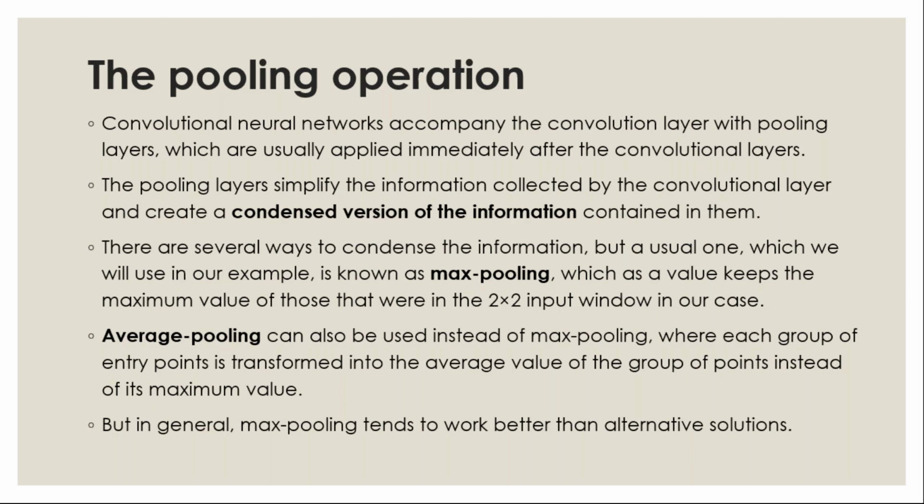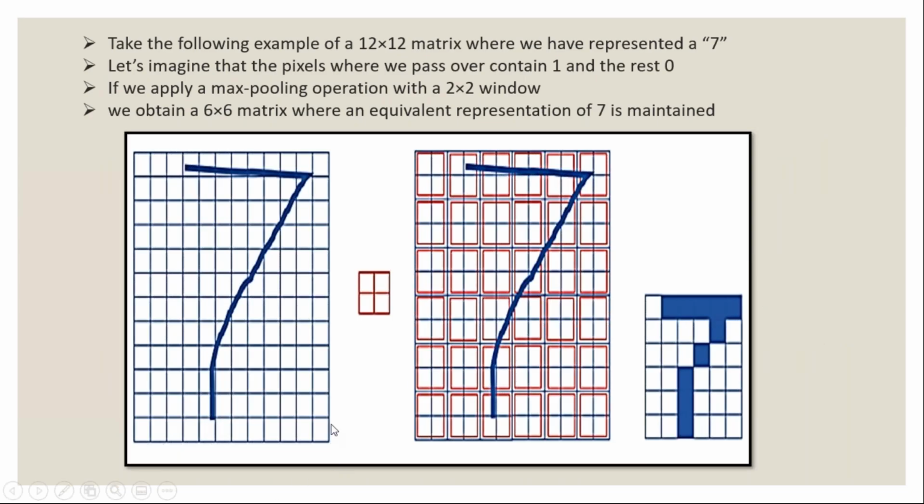How am I going to reduce the size? You have different kinds of pooling: max pooling, average pooling. Mostly you use max pooling. Now I'll give you an example. See here, after convolution, I'm having a 12x12 matrix. This image represents the result after convolution. In this 12x12 matrix, I have some unwanted pixels, right? So how am I going to remove them?